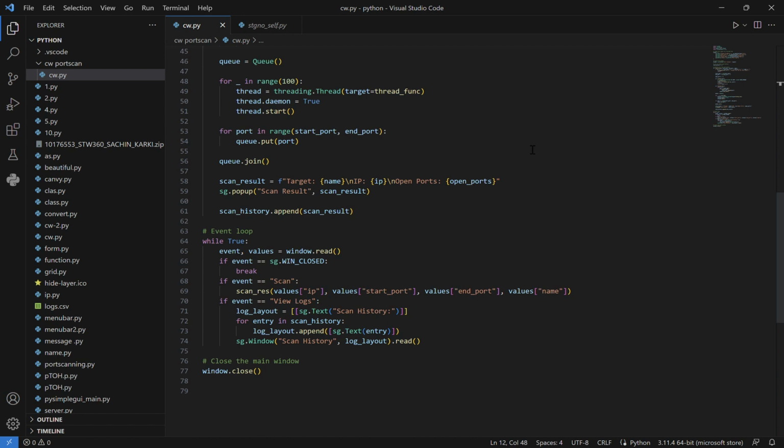So this is the code that I have written for my port scanning project, and I have also made a report for it